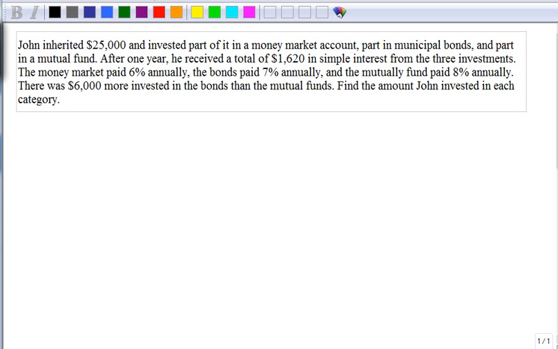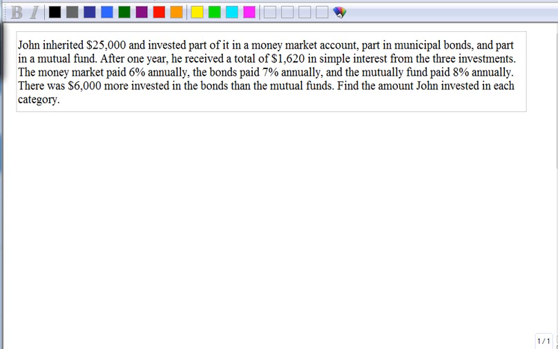Hello, I'm going to solve the following word problem about interest. John inherited $25,000 and invested part of it in a money market account, part of it in bonds, and part in a mutual fund. After 1 year, he received a total of $16.20 in simple interest from these three investments. The money market account paid 6%